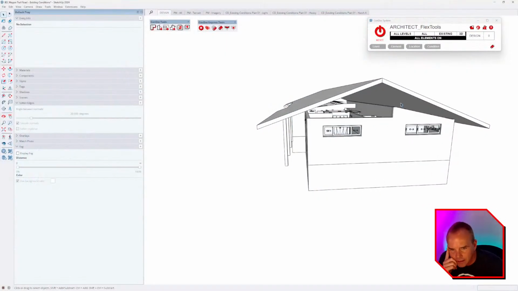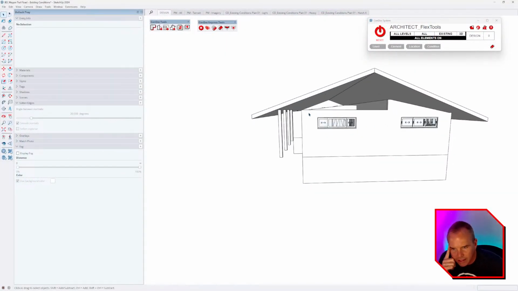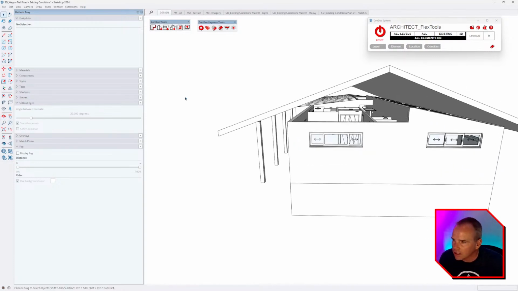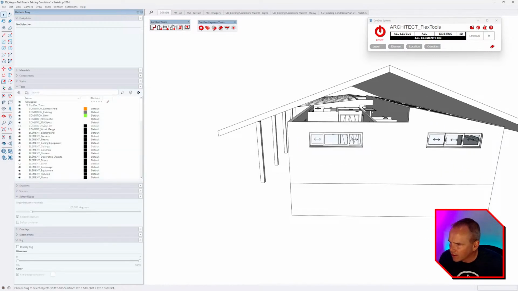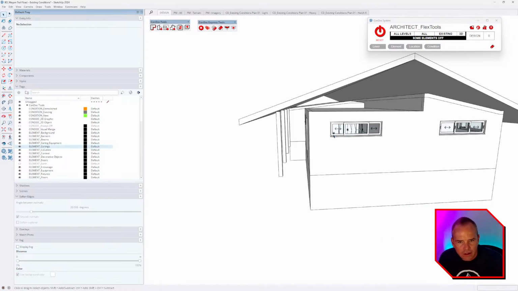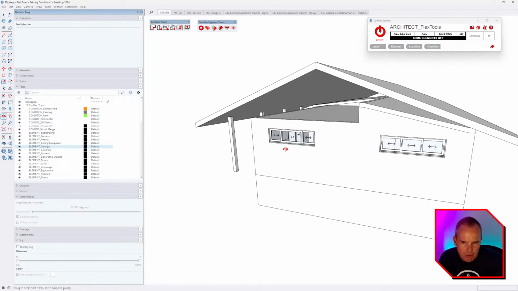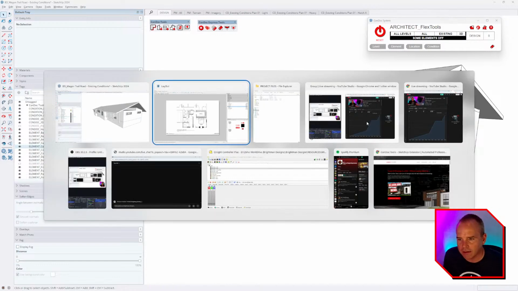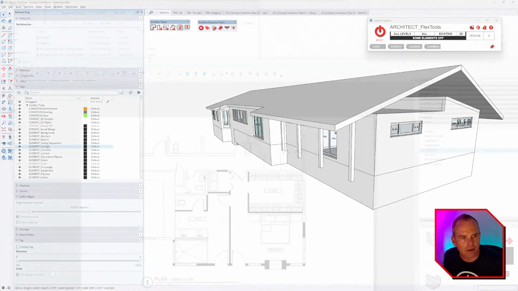We've got this area here, and I need to get the walls to close. Let me see, do we have a ceiling on this model? Ceilings are turned off, so that's okay. Yeah, so I'm just going to go through, add some textures, and kind of whip this into shape first. So today we'll get our existing conditions knocked out, and then in Layout we're going to take a look at